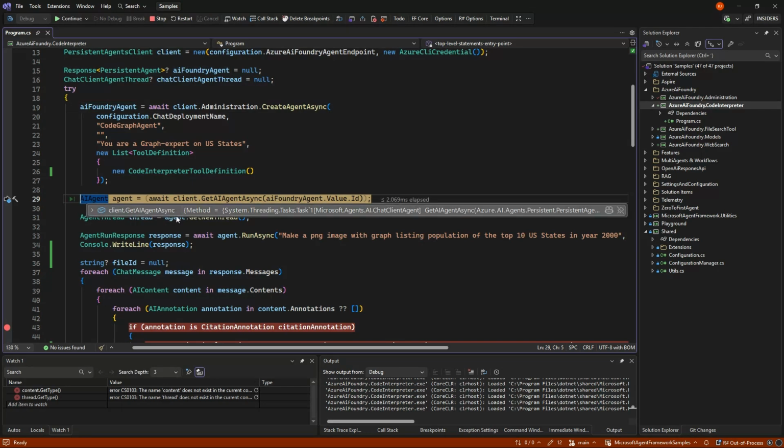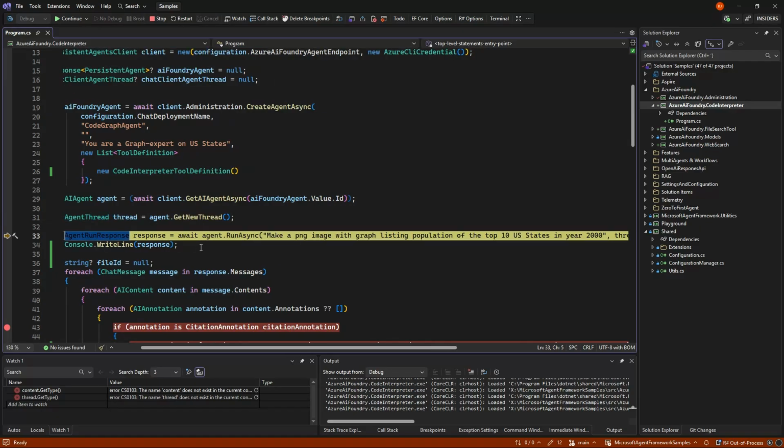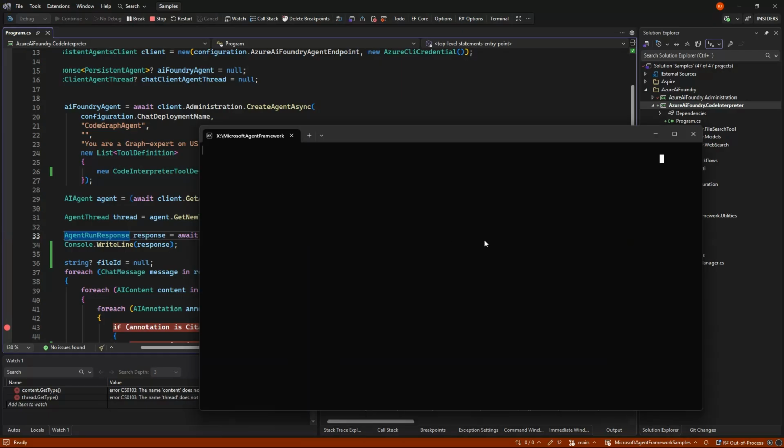We make our agent for Agent Framework, we start a thread and we ask for a PNG of the top 10 US states in year 2000. The reason for year 2000 was that sometimes it actually came back and said, are you sure you want this? I don't have the newest data. So that's the reason I did that.